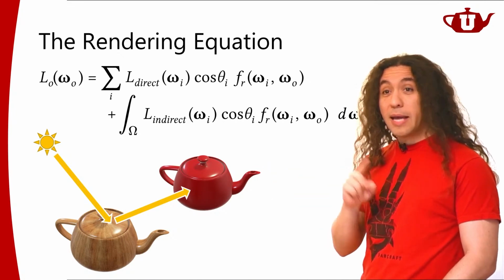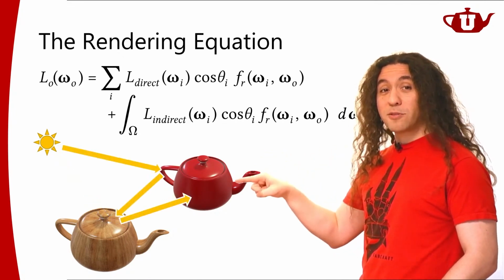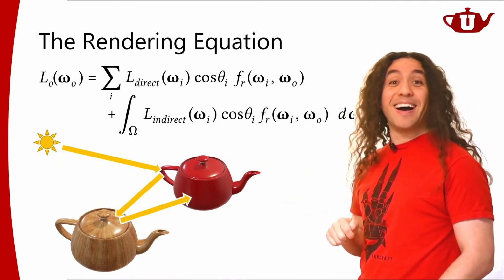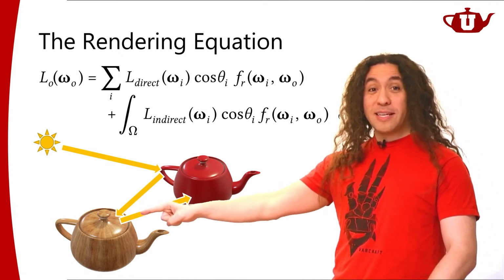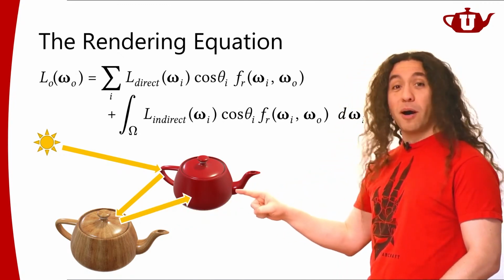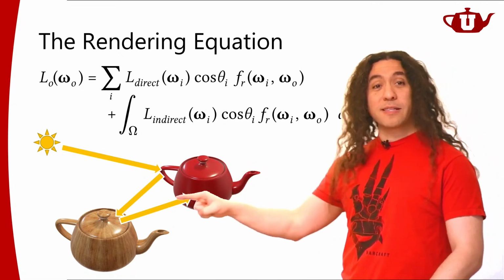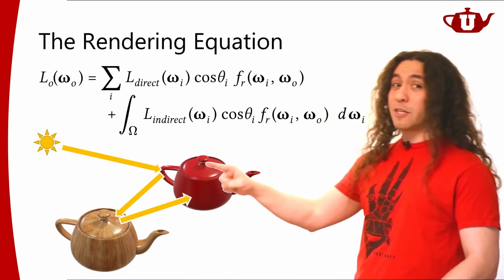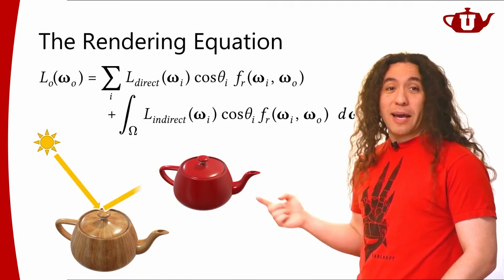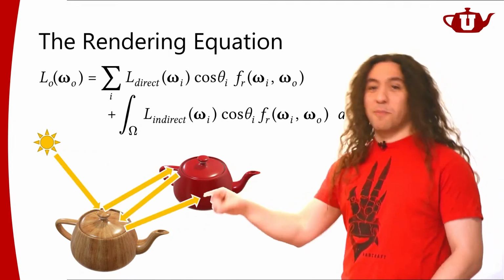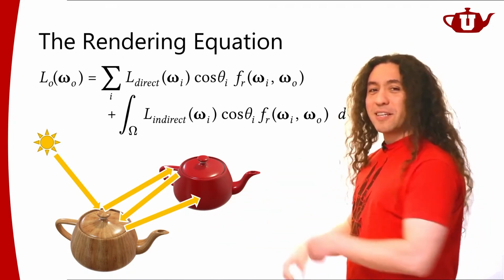Here's why. Now imagine light that goes to this teapot and then bounces to the other, and then comes back. Right? Because every point on this teapot is illuminated by reflected light from this teapot. So this teapot is illuminated by the reflected light from this teapot, which is originally reflected from this teapot. And I can continue. It could be like light bouncing off of this teapot, the other teapot. I mean, they can be bouncing off of each other.